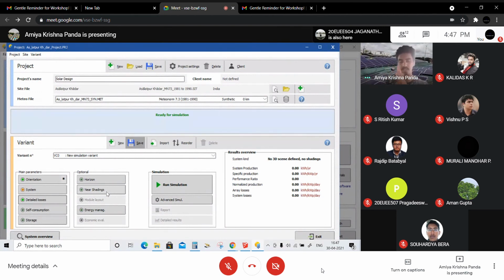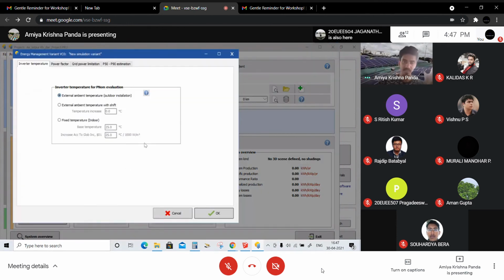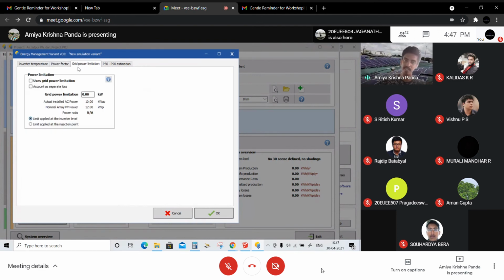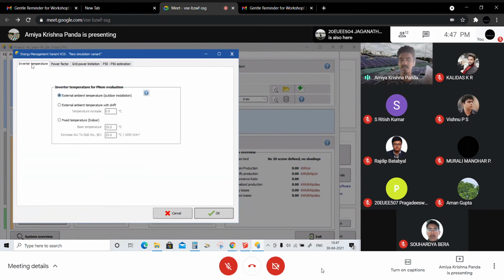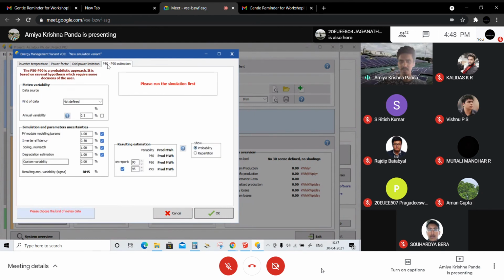Now, what is the meaning of energy management? Energy management is a very important part where you have to consider all kinds of temperature factor, power factor, grid power limitation, P50, P90 estimation. So these things will be there. I am not doing anything here, I just want to know the P75.